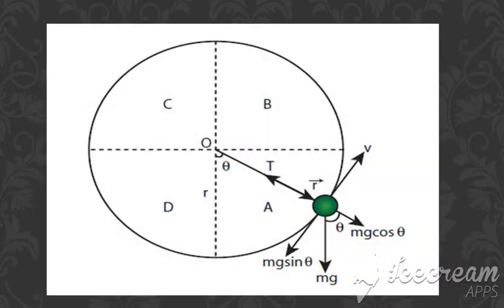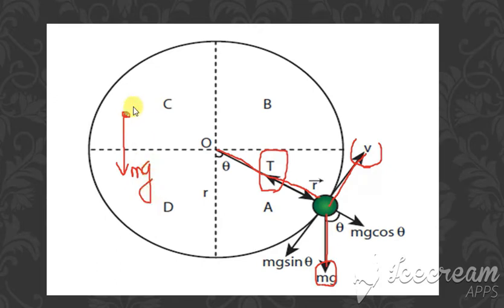Next, we are going to see with a diagram how it moves. So this is a diagram. This is a particle which is at the position A first. When it is at the position A, we are considering that it is moving with a velocity v, and here it is attached to a string. Whenever there is a string, there is a tension, is it not so? There is a tension T, and it has a downward gravitational force mg. This point has a downward gravitational force denoted as mg, this side it has a velocity v, and this side it has a tension T.